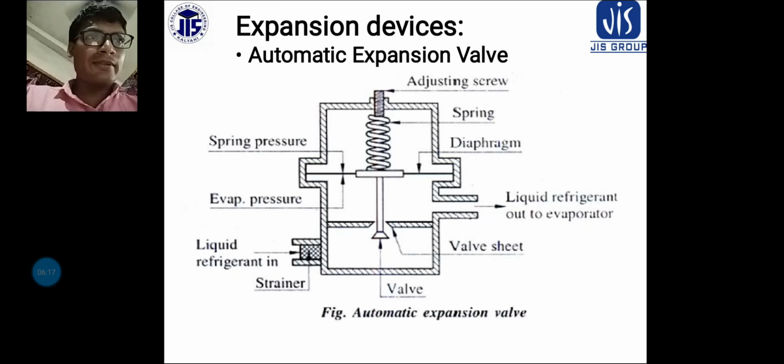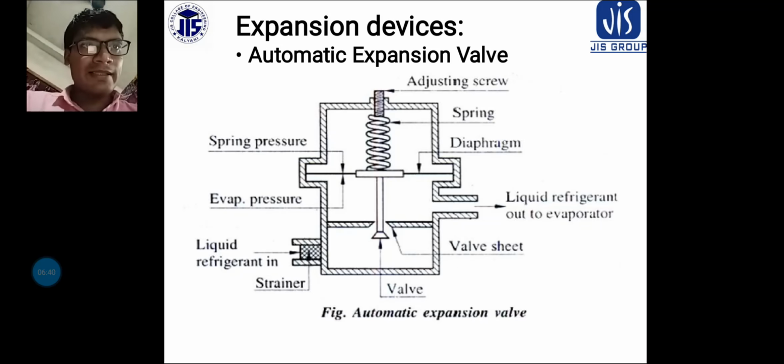If the heat load drops off quickly, the evaporator pressure drops suddenly, opening the valve wide again in trying to raise evaporator pressure to the pressure setting of the valve. As a result, the liquid refrigerant can flood back to the compressor and cause damage.